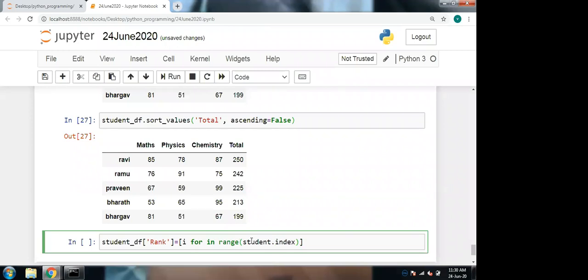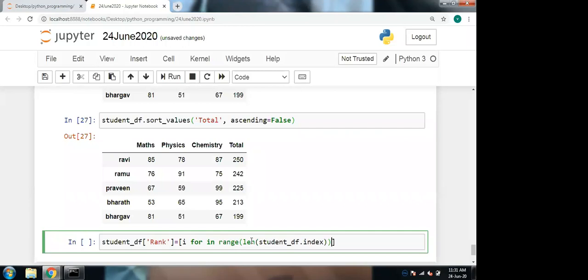If we give student_data_frame.index, it will use the array of index names. Okay, so we are applying len to that, so that we will get 1, 2, 3, and so on. So we need from starting 1 to n, right? We shouldn't need from 0. We should need from 1. So let us see that.